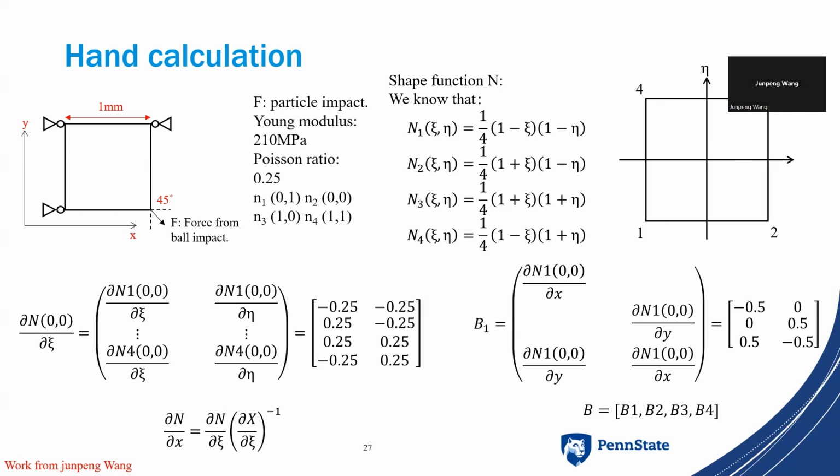So basically, we need to know the shape function. Just like the picture on the right side, we know the shape functions at these 4 points are very simple, based on a new coordinate system,